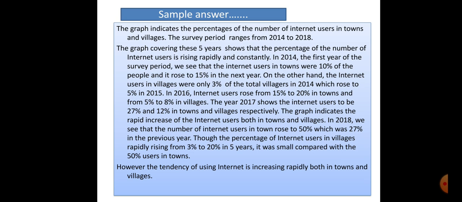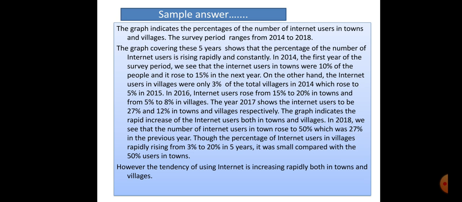You can see that the graph shows that the number of years is 5. Yes, the 5 years show that the percentage of the number of internet users is rising rapidly and constantly. We use these two words, rapidly and constantly, in the first line. In 2014, the first year of the survey period, we see that the internet users in towns were 10% of